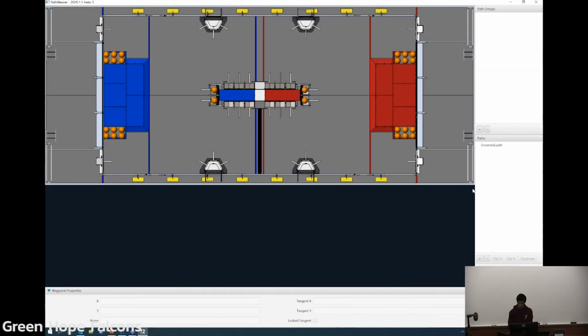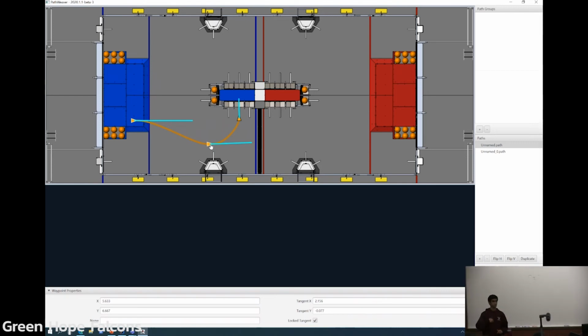So now we've created our project, we can create a path. You can see that I have a path right here. I can move around waypoints like that, and I can change the headings as well, and I can add more waypoints if I want to. For example, we can recreate one of our auto paths that we ran, so it can look something like that. When you create your trajectory, you will be able to export that and actually run